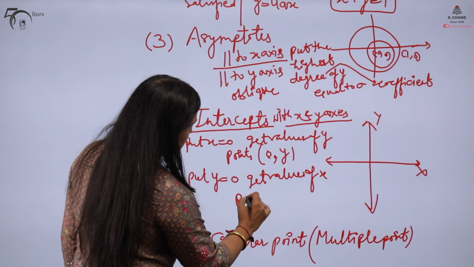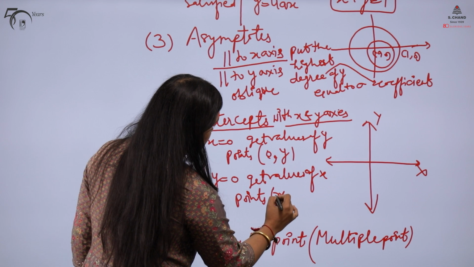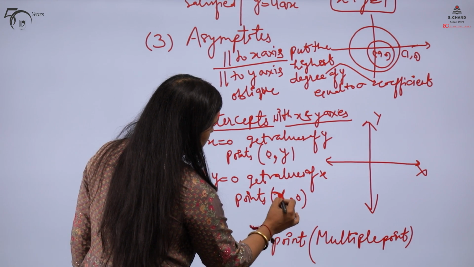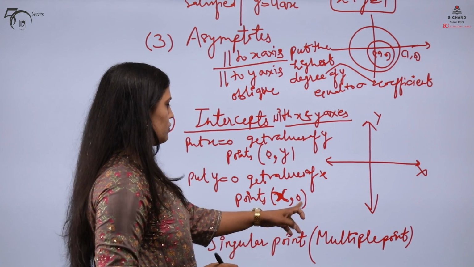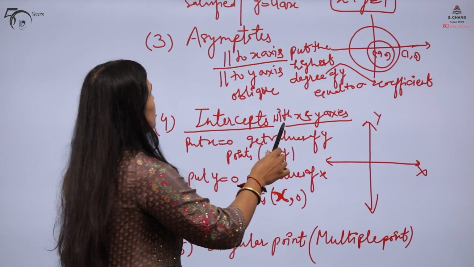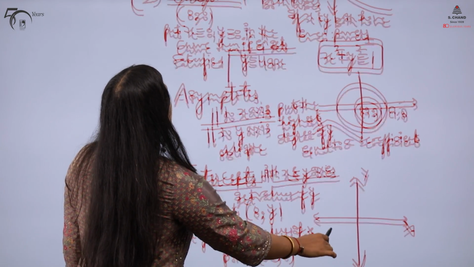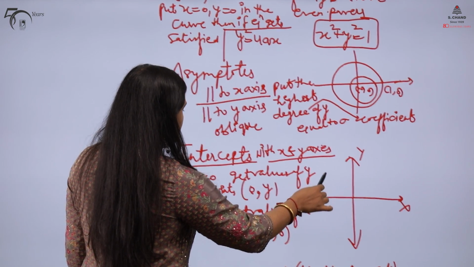So the points will be of the form (x, 0), because y is 0. Some x will come here. It might be 0, no issues, but you will get some x value. Y is fixed, y is 0. So these points are the 4th point. First was symmetry, then origin, then asymptotes, then intercepts. Moving to the next point,